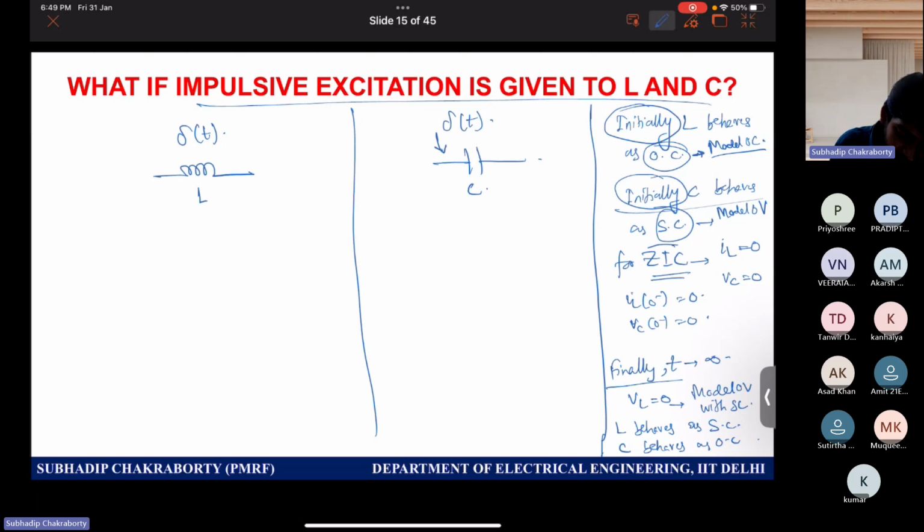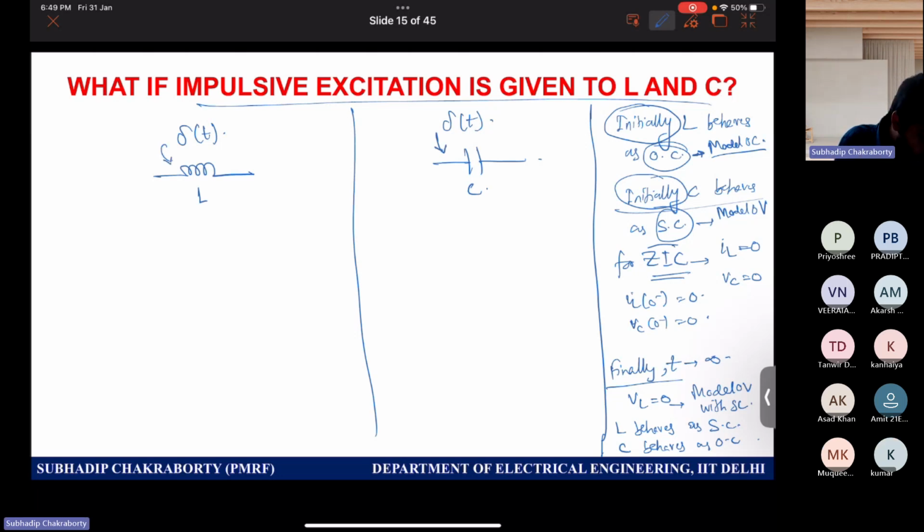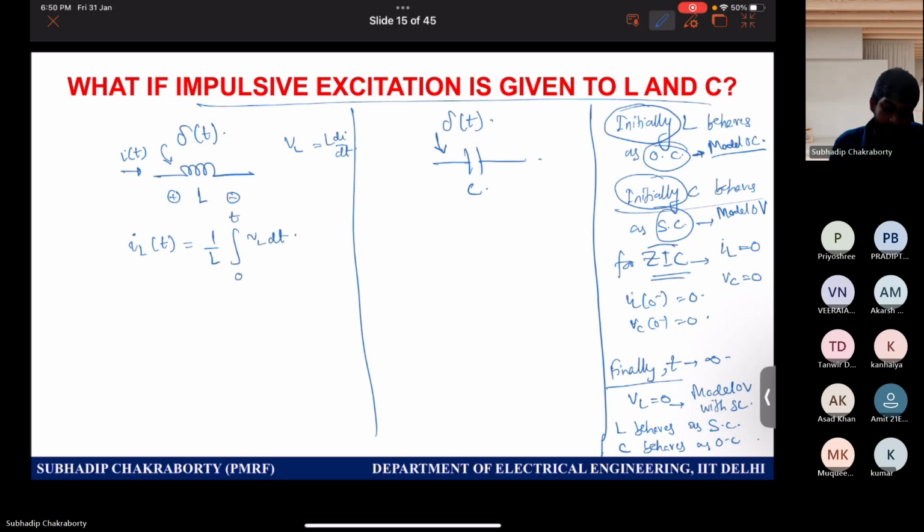I apply impulse function. So what do you know? This IL of t, because VL is L dIL dt. So what will be I? I is 1 by L integral VL dt, and obviously 0 to t. But let us write minus infinity to t, because